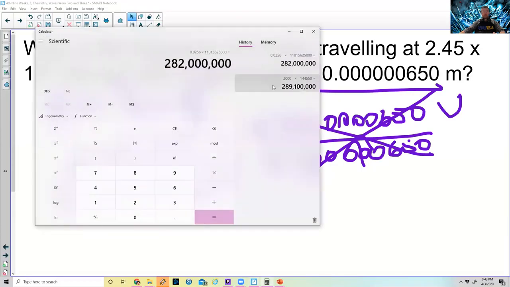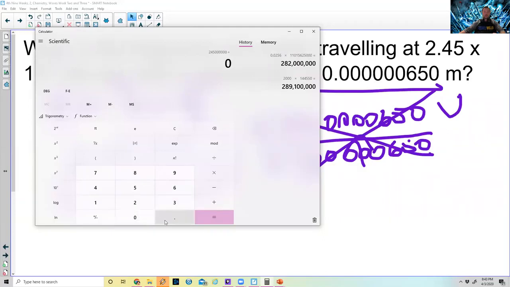I'm going to bring up my calculator. Oh my gosh, it saved the problems from the previous day. How did that happen? So I'm going to clear this out. 2.45 times 10 to the 8th is actually 245 million. You should have taken that number as scientific notation to help you out, but it's 245 million. So 245, and then 6 zeros, and we're going to divide that by that really, really small number,